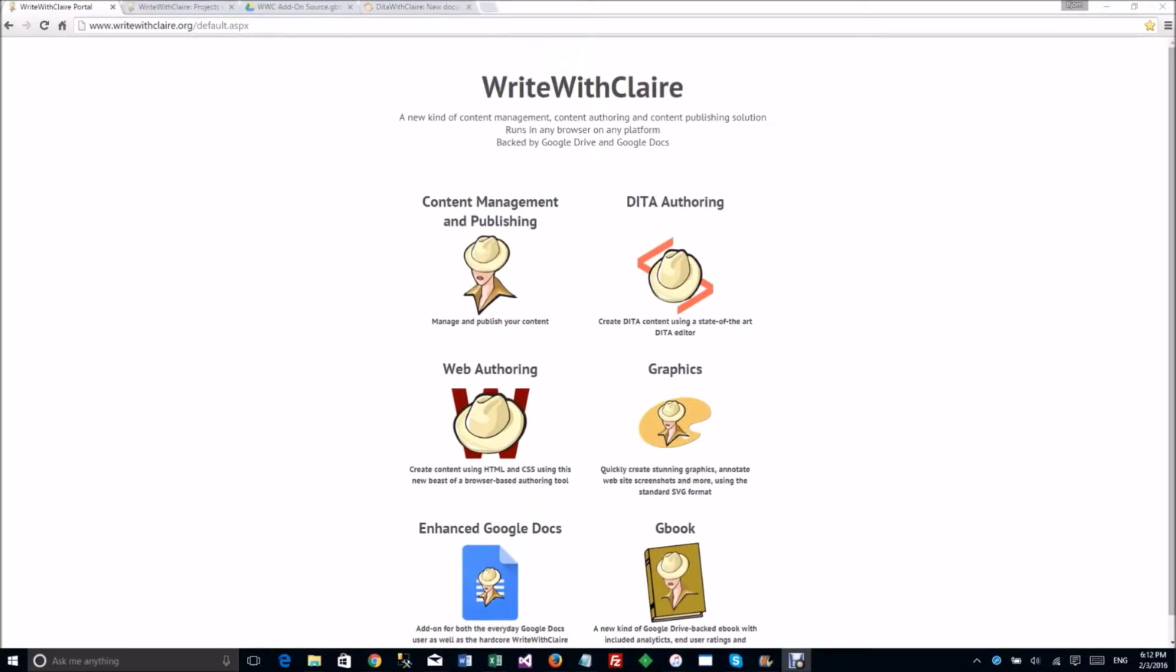Welcome to this sneak peek at Write with Claire, a completely new way of doing content management, authoring and publishing, running completely in any modern browser, backed by Google Drive and Google Docs. So this is the Write with Claire homepage where you can access the different tools, and in this sneak peek I'm gonna quickly demo the main project